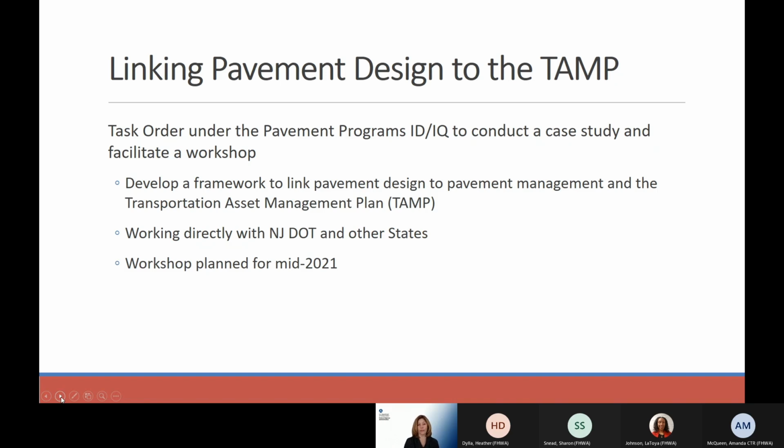We also are planning a workshop for later this year where we can try to apply that generic framework to various state DOTs and let them incorporate this framework so that they can be linking pavement design to these other areas.